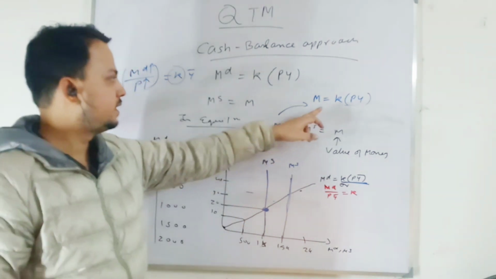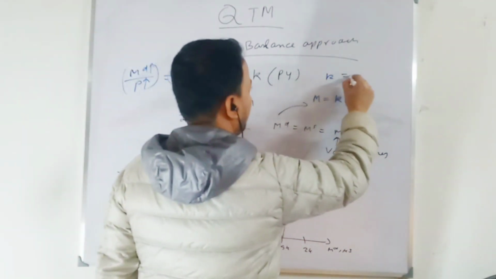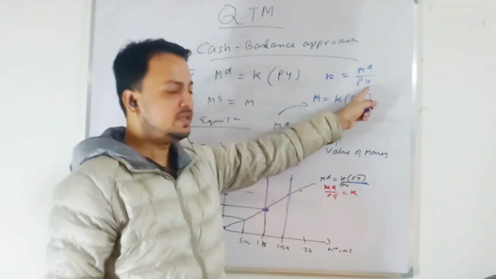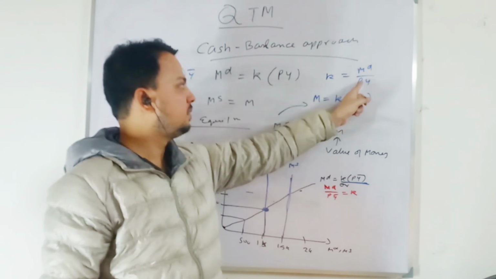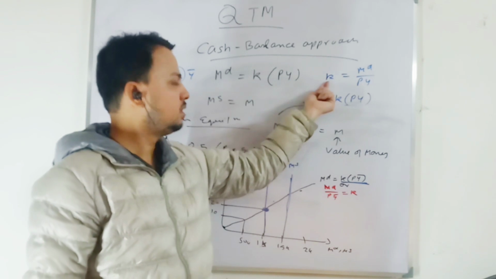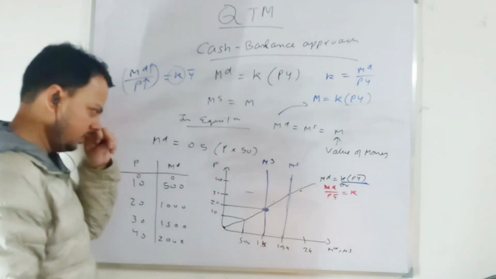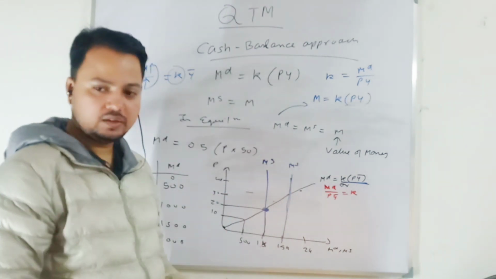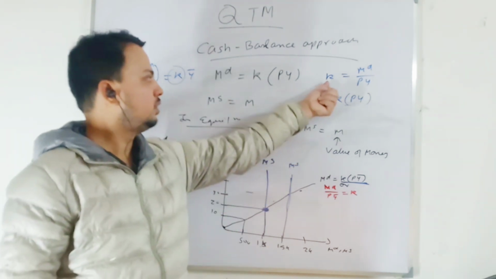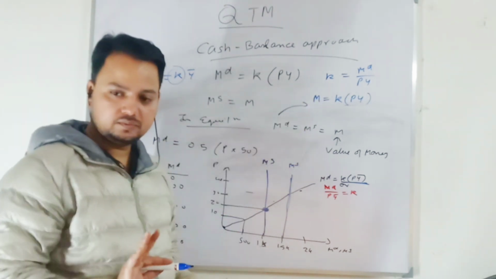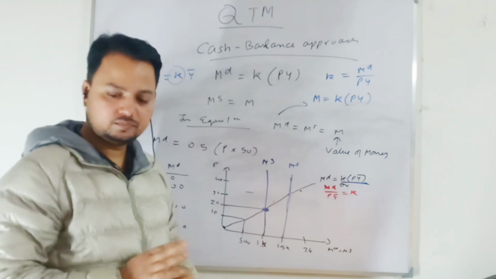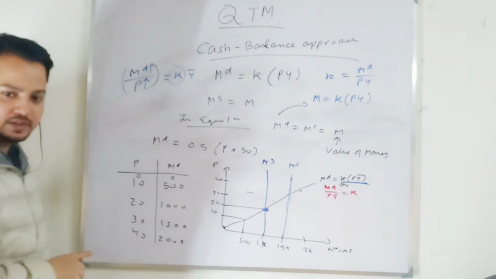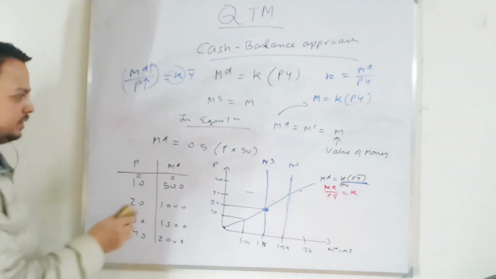People will keep cash balance in the same proportion. So this K represents proportional relationship between money demand and value of output. Since output level is given, when price level increases, money demand must increase in the same proportion so that this K remain constant. So here, when your money supply increases, price level increases. So money demand must increase in the same proportion so that this proportional relationship maintained. Agree everyone? This is the graph you have. You can take the screenshot if you want, but I think I have covered in the video already this part.